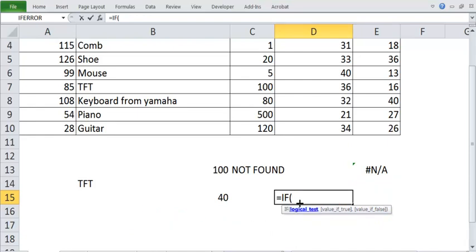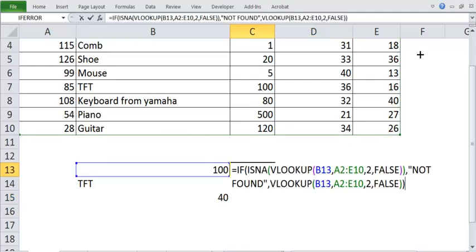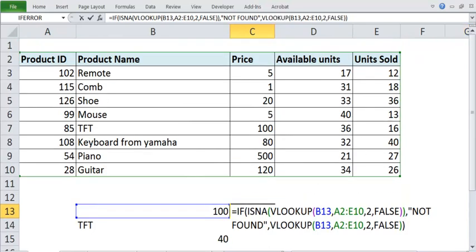So let's say I have done it over here. This is a better way. What I am saying is IF ISNA VLOOKUP, so you are looking up 100 in this. If it is giving you ISNA, that means the data is not there, so it will say not found.